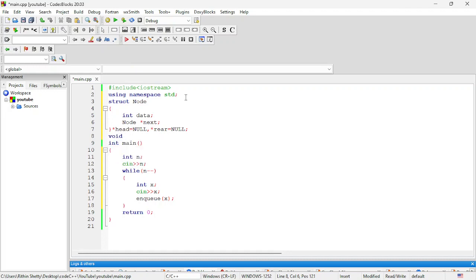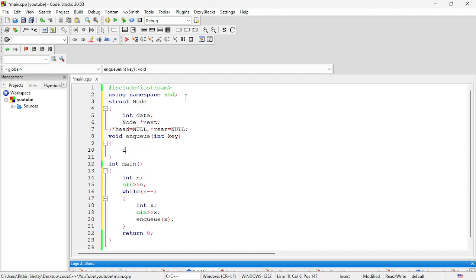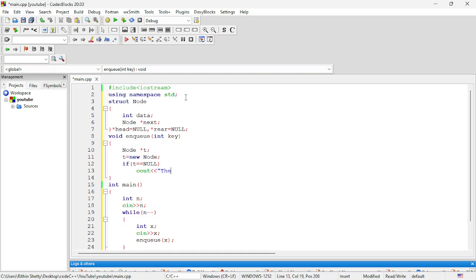It returns nothing, enqueue. Then it should take x or a key value, anything like a key value that you need to enter, right? Okay, then you need to create a node, as I explained already. t is equal to new node. Okay, then if t becomes null, right, then the heap is full, that means you need to report that the queue is full,